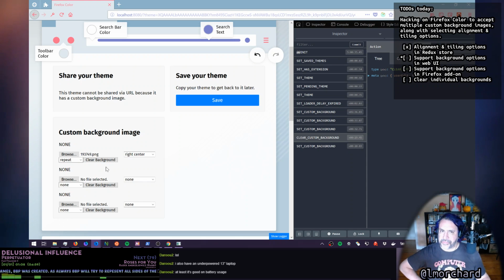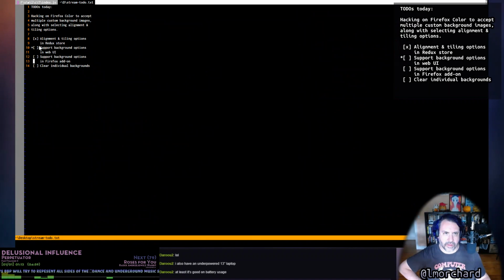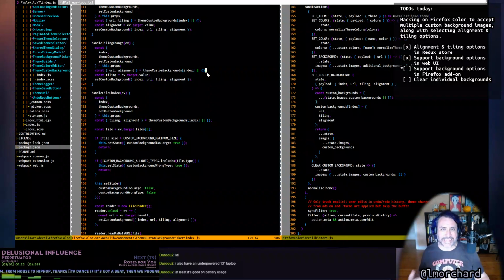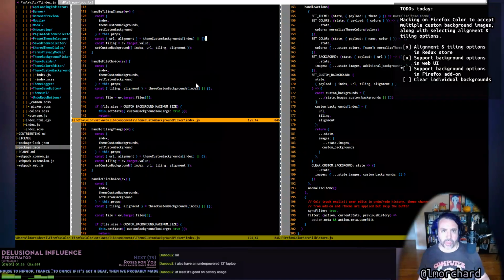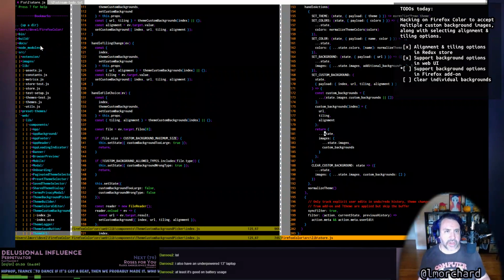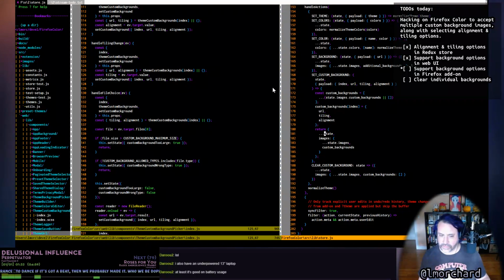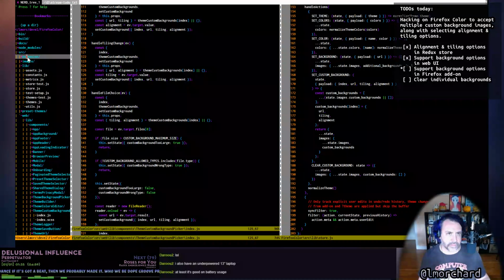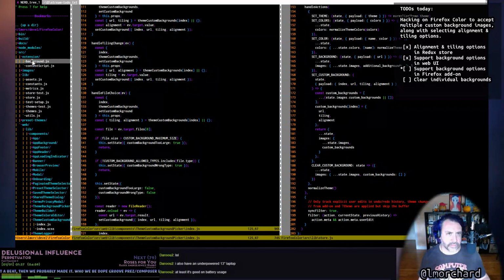Okay. So provisionally, I'm gonna say I did this. And now doing this. Moving into add-on land. But I'm gonna keep that component in my background. So up in add-on land, all the magic happens in the background script,